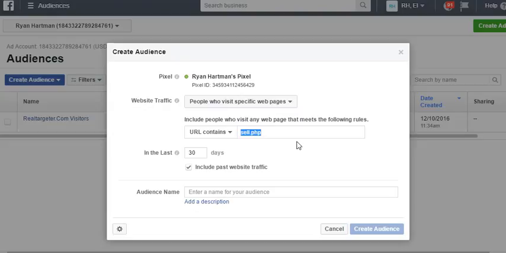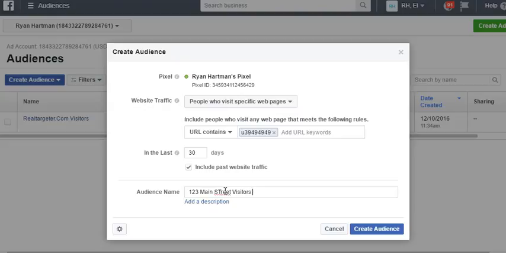And that gets really fancy. So say you have a high-end listing that you're really trying to get exposure for, and you really want to go the extra mile. You could pop an MLS number in if the URL has the MLS number in, something like that. And then Facebook would know that anybody who visits a page with that MLS number in the URL, and all you need to do is go look at the URL for that single property page, make sure it has the pixel on it, and then you would create an audience that says, say 123 Main Street,